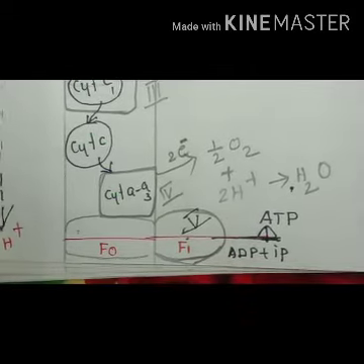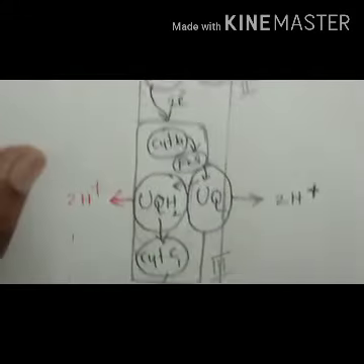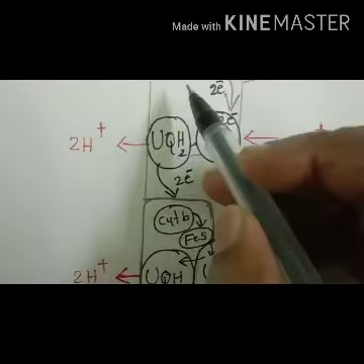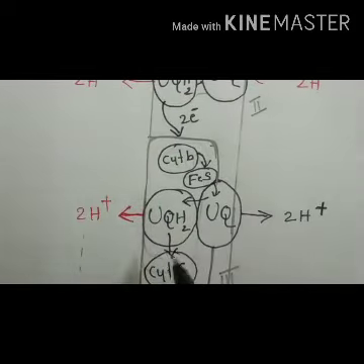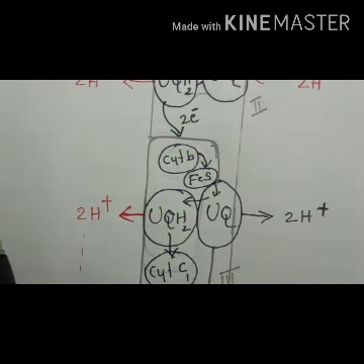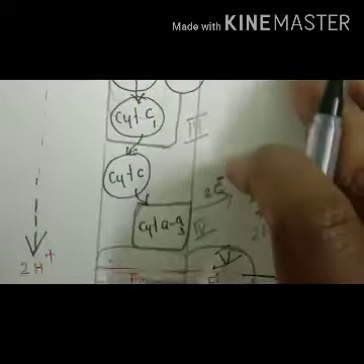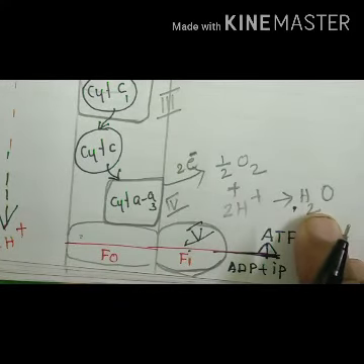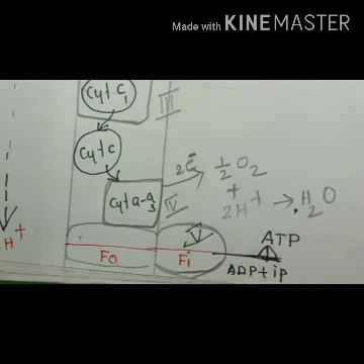So in this way, the electron transport chain can be seen. Here we can see the electron is transporting. At the same time, protons are released. A proton gradient is working out there, and the proton gradient is breaking up, and that leads to the formation of energy. And at last, the electrons will enter into the formation of a water molecule. So this is the electron transport system.